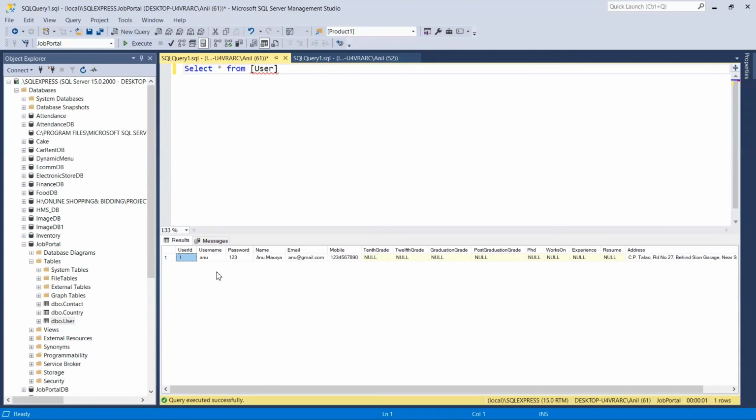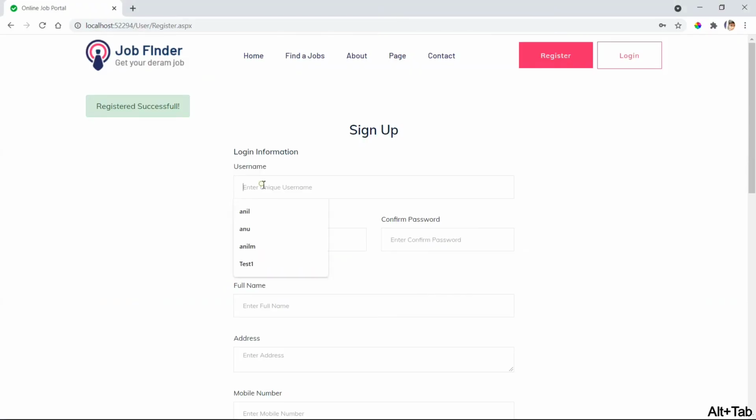Now let's check whether this username is already present. If I try to add the same username, let's see whether it allows me or not.